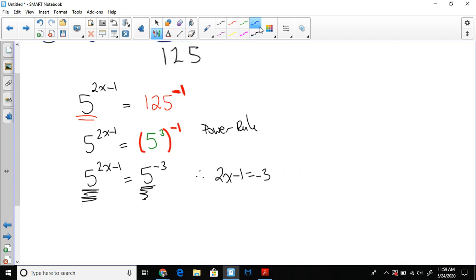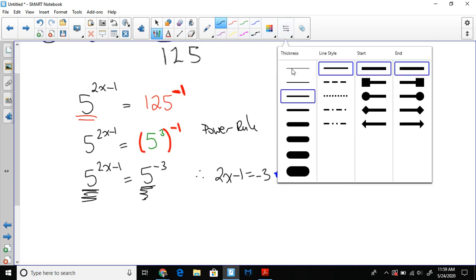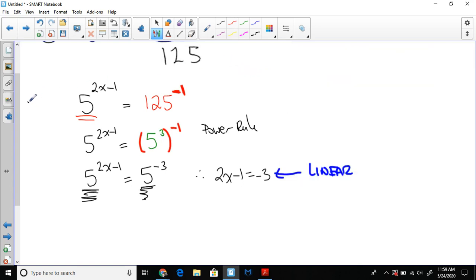Now, when you think about this, it is a linear equation, okay? Can you solve a linear equation? Obviously. So we're not dealing with some equations that you haven't seen before. However, when we solve exponential equations, we use the exponent rules to change it so I'm dealing with bases that are the same, right? And then depending on what's in my exponent, now here I'm dealing with, like, this equation here is a grade 9 equation, but I need to solve it once I've done the grade 11 work,